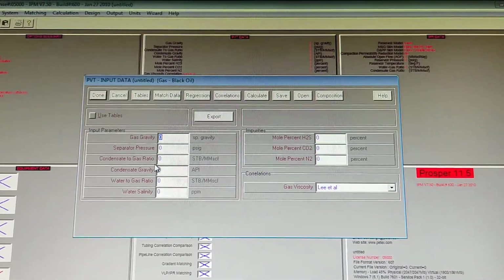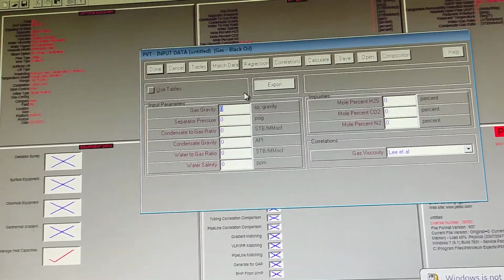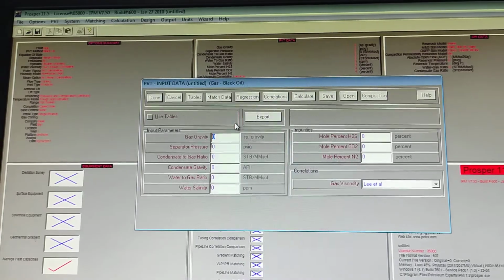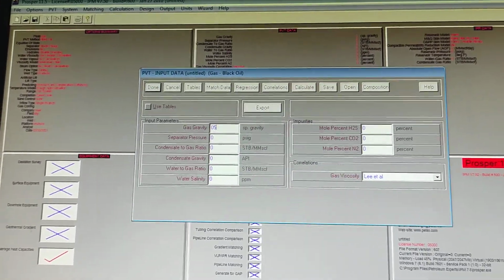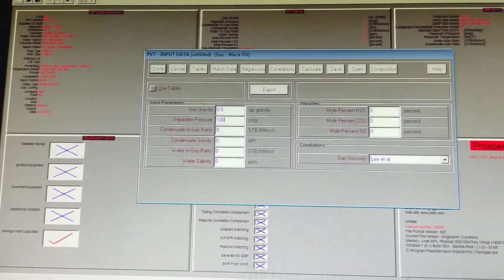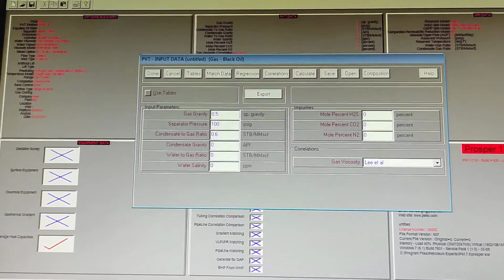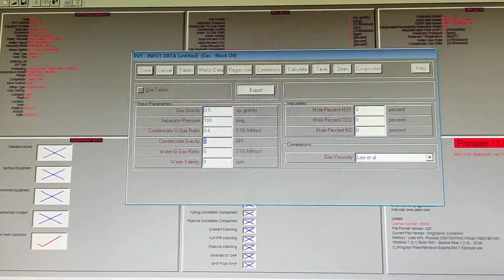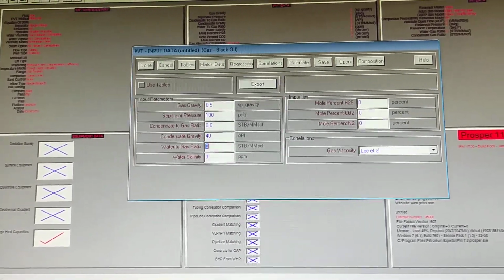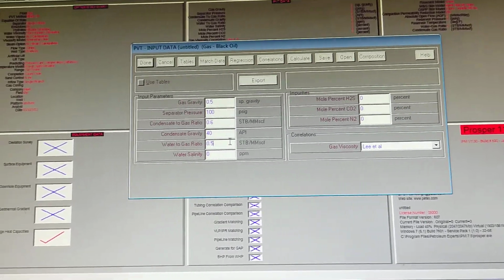For example, gas gravity. This is hypothetical data. For example, 0.5, 100, 0.6, 40, again 0.5.